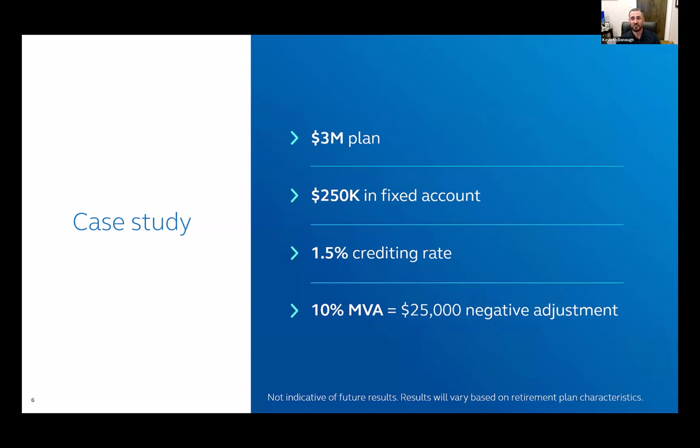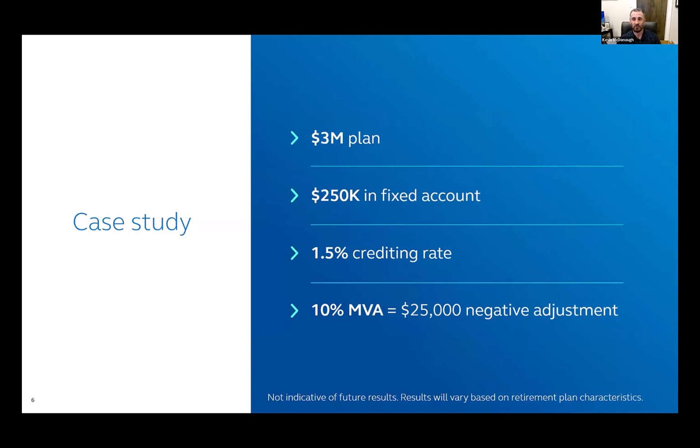$250,000 of that is in a fixed account with an annualized crediting rate of 150 basis points. Your client decides to move to a new service provider. After looking through a few options, they make their selection, and then the onboarding takes place. And then the wire transfer associate creates notices and talks to the incumbent provider, and liquidation notices are sent to that incumbent provider. Then the moment arrives